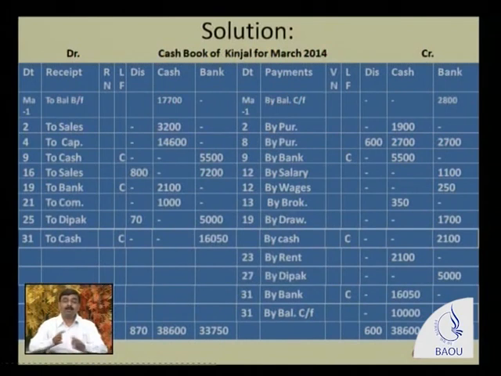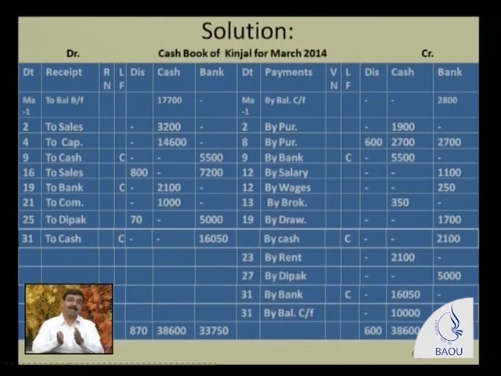Who is the receiver? Bank is the receiver. What goes out? Cash goes out. So the journal entry of this transaction is bank account debited to cash account. See on the receipt side, in the bank column 16,050 rupees is written, and the opposite name is cash because cash goes out. In front of that, C for contra transaction is written in the LF column, and in the same way it is written on the payment side also, dated 31st by bank C, and in the cash column 16,050 rupees.